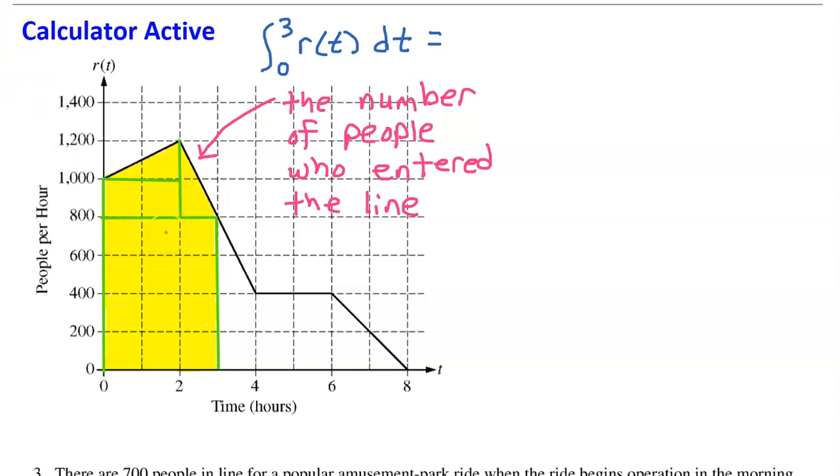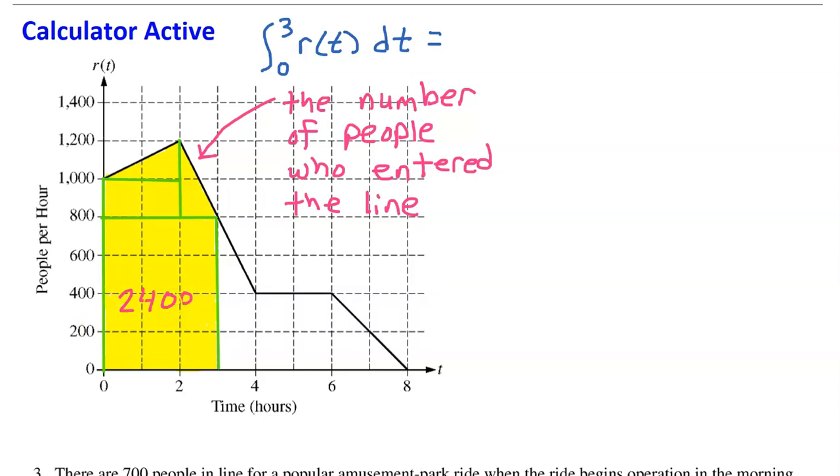Let's divide this area up into smaller areas that we can easily calculate. At first glance, I'm thinking this rectangle has an area of 12 because I see 12 squares. But let's be careful. Each square is actually worth 200 people. Look at the units on the x-axis and the y-axis. Each square has a width of 1 and a height of 200. So the area of each square will be 200. So this rectangle that's made up of 12 squares is actually 12 times 200. So this will be